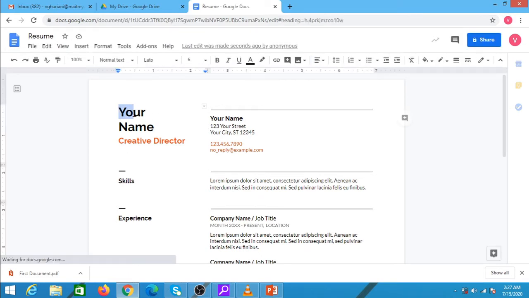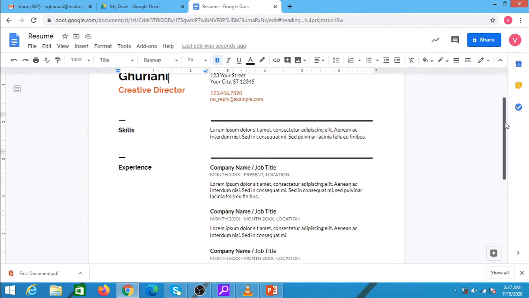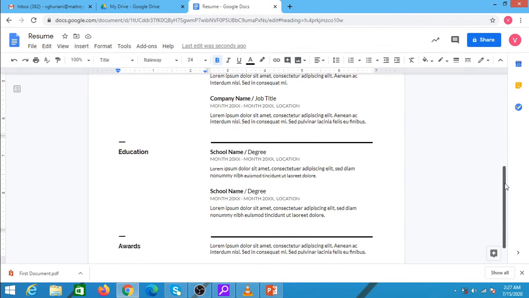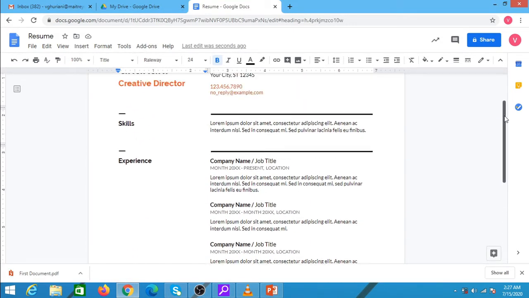In this template, I can edit any part of the document and replace it with my information. So I'm changing the "your name" text with my name by simply typing. Similarly, I can change the designation over here. I can change the address by typing over here. There are different segments we can see. The details of the segments can be changed in this template. So this is more of a fill-in-the-blank document where the information can be filled in by the writer as per his convenience.